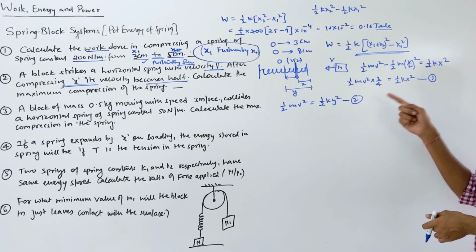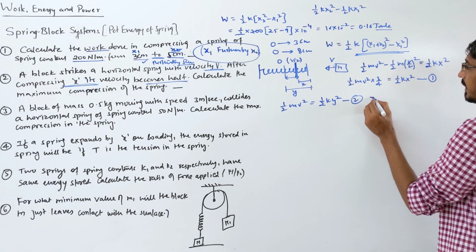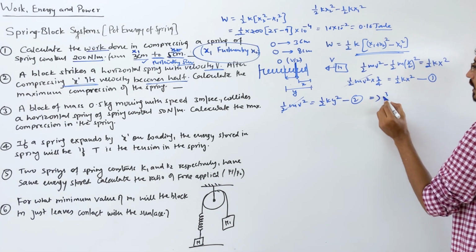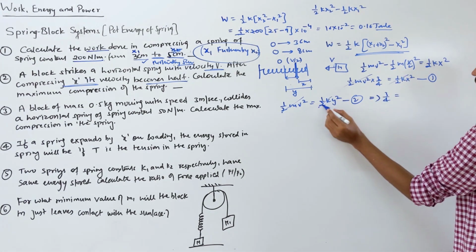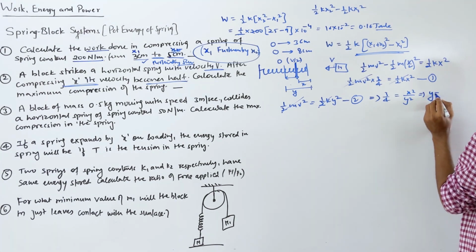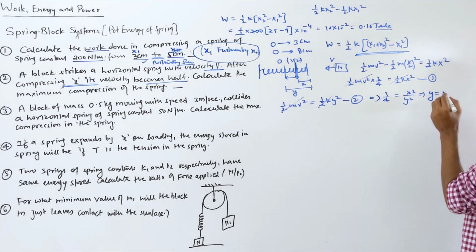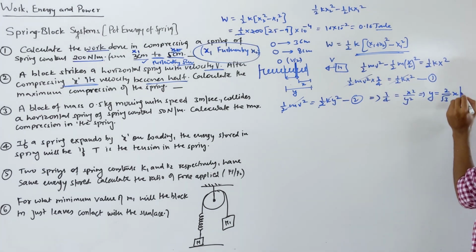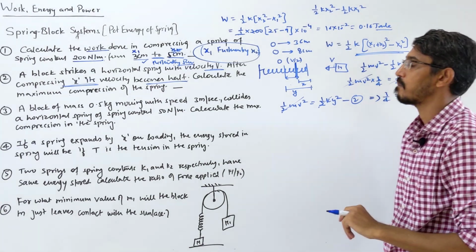So what you can do is just divide these two equations. If you divide them, what will you get? I am doing it directly. The half mv square term will get cancelled. Here you get 3 by 4. Here half k will get cancelled. You get x square by y square. Y we have to calculate, right? So y comes to 4 by 3 under the root, so it becomes 2 by root 3 of x. That will be your y.